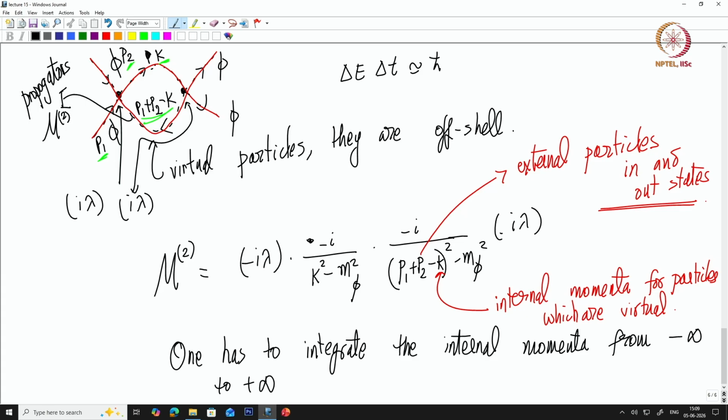Okay. So one has to integrate the internal momenta from minus infinity to plus infinity. So this is a big thing essentially. We will see this will lead to some complications, called divergences and so on. So anyway, the basic point of this entire exercise is that using these Feynman rules